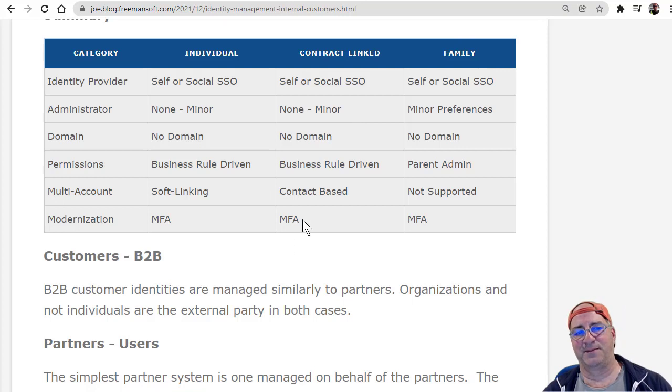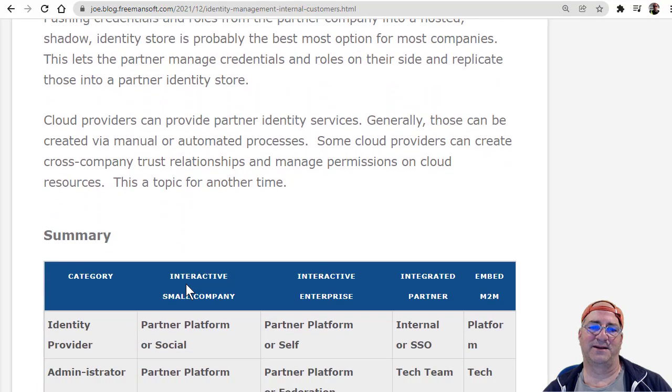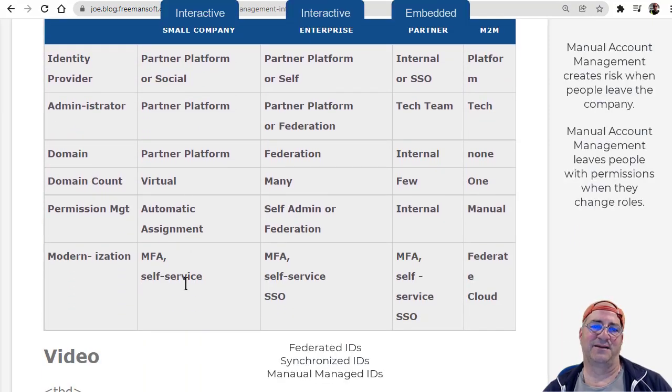So if we look at B2B, I'm going to skip B2B for right now. Business-to-business customers, those would be businesses that are customers of other businesses, and that's because they feel a lot like partners. We're going to talk a little bit about partner IDs here. So partner is really going to be its own talk, and there's a bunch of weirdness in partners, right? And it's because partners come in different sizes, and the systems you plug into have different capabilities. They've gotten a lot better, the systems have.